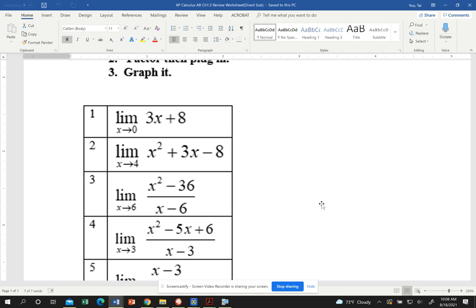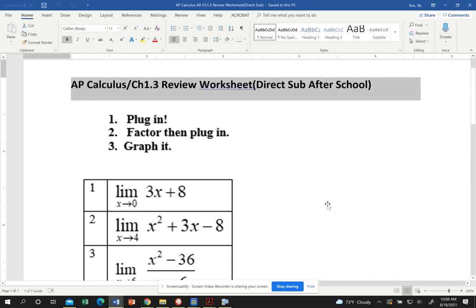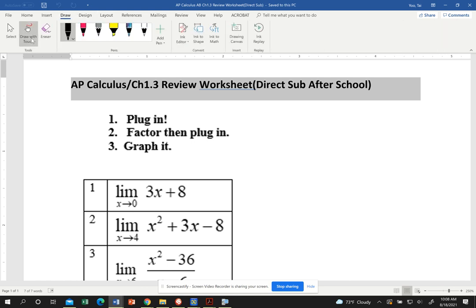Okay, so it is called direct substitution, all right? It says after school, but ignore this, okay? So it is direct substitution. I'm going to show you how to use direct substitution. I'm going to use number 1. So you have a limit, x goes to 0. You can graph this, which is a linear,